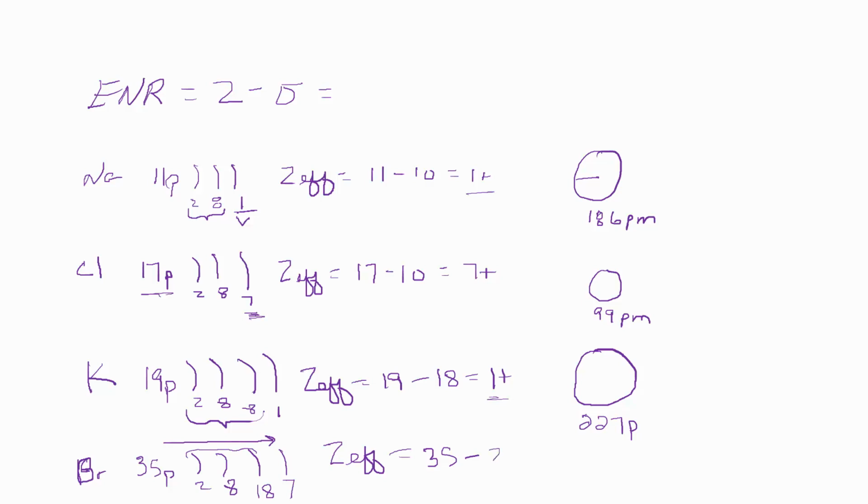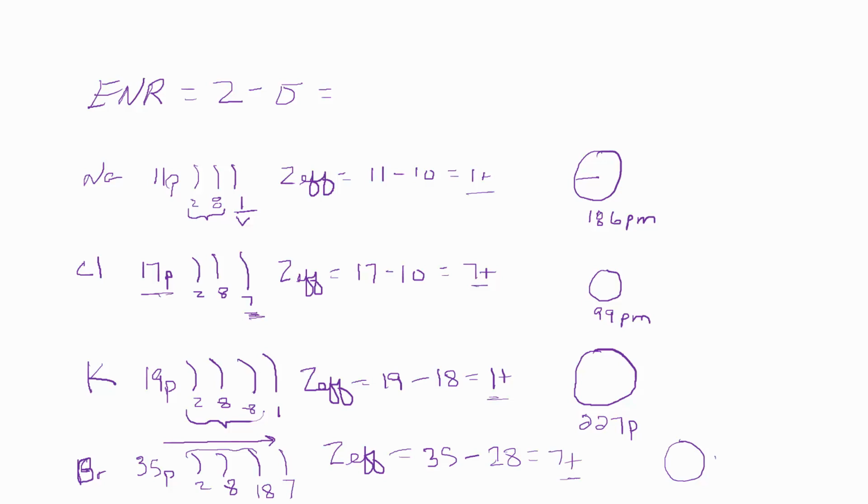Oops, I mean 28. And that's a Z effective of 7 positive. Now, these both have a Z effective of approximately 7 positive, but again, the outer shell electrons in bromine are further away, and so we would expect it to be a little less than 7 positive. So because it's got an extra shell, the nuclear influence is not as great, we would expect bromine to be larger than chlorine,